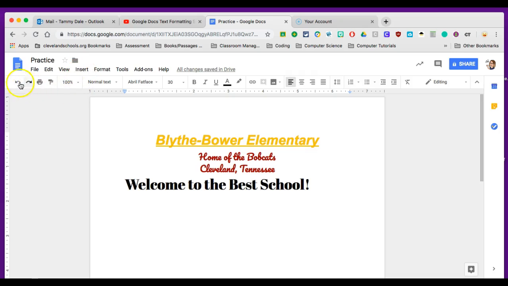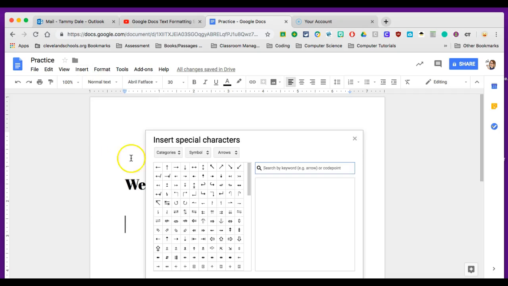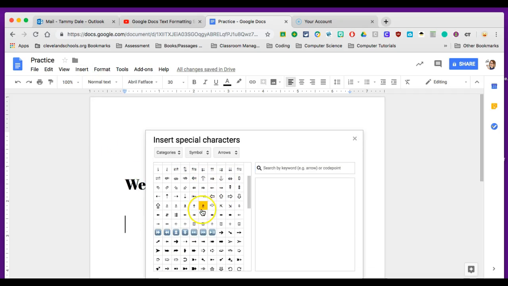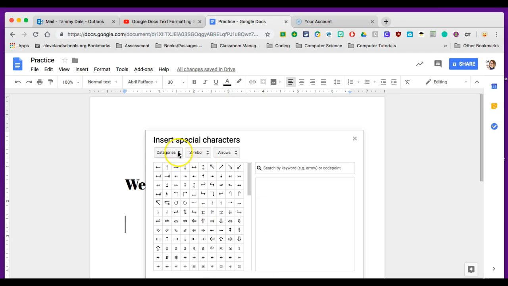Now let me remind you, don't forget about undo. If you do something and you want to fix it quickly and immediately undo it, then just click the undo button. So we'll just click on insert. We have lots and lots of options here. So the first thing I want to show you is maybe you want to put a special character in your document. So click on special characters, and you have several that just automatically show up,